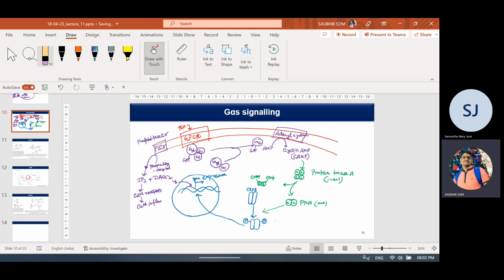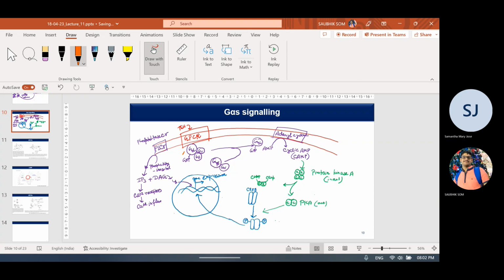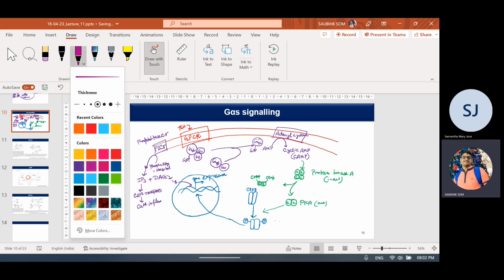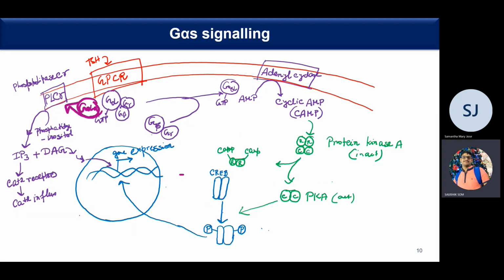So if it is a G alpha Q signaling, which is going like this. If it is the G alpha Q signaling, which will go like this. So if this is a G alpha Q instead of G alpha S,